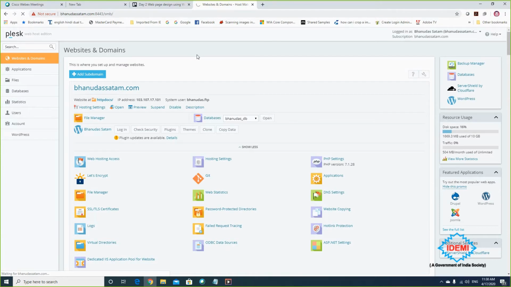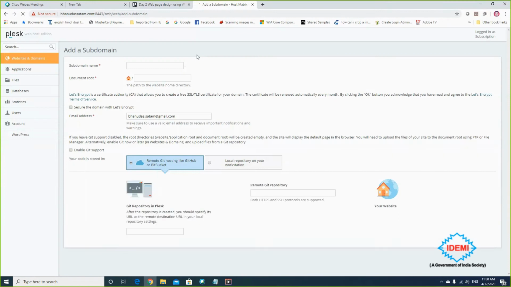Once you buy, if you want to keep everything on the main domain, don't follow this procedure. But I don't want to disturb my main domain, and that is the reason I am creating a subdomain here. So I am clicking on adding subdomain here. It will take me and tell me to write down the subdomain.